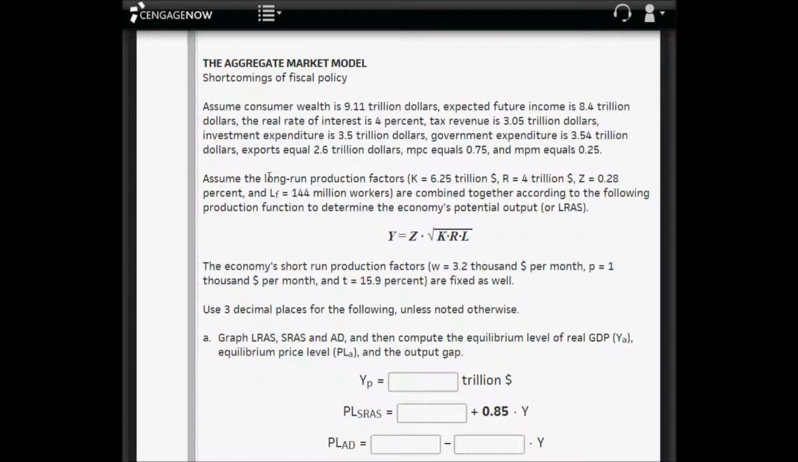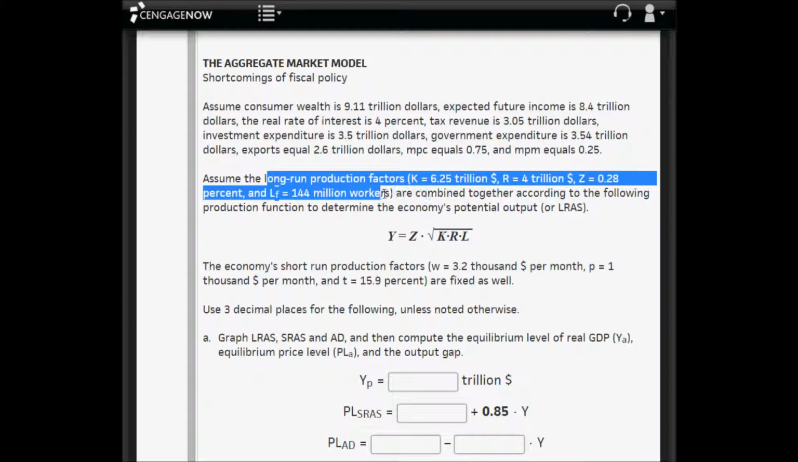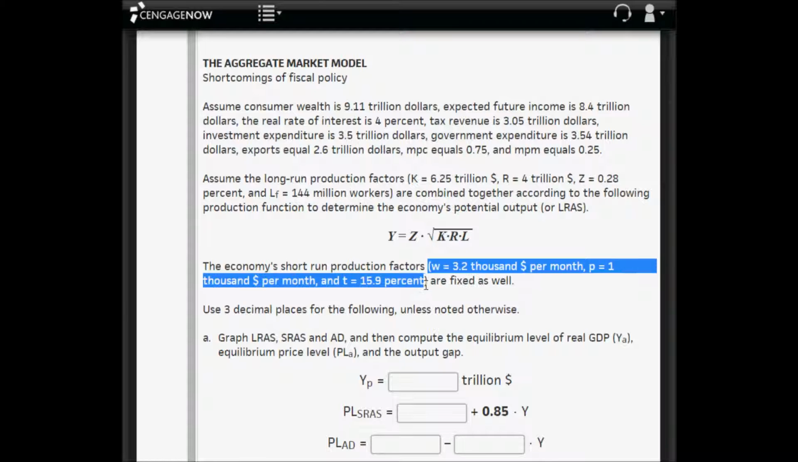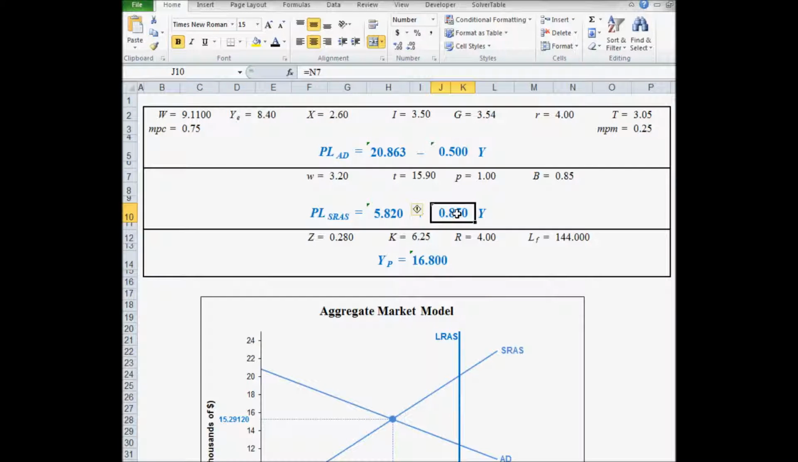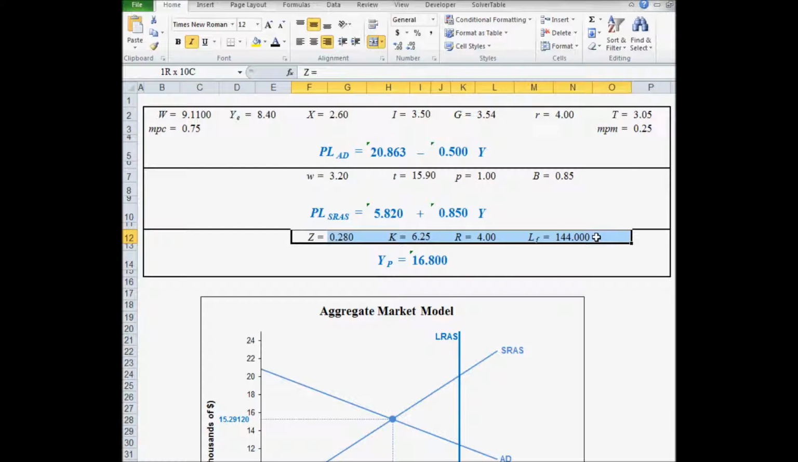We've done the same thing with the long-run production factors and the short-run production factors. And we've also copied the slope into the Excel spreadsheet as well. So the slope is 0.85. Here are the short-run production factors, and here are the long-run production factors. So the initial equilibrium price level is